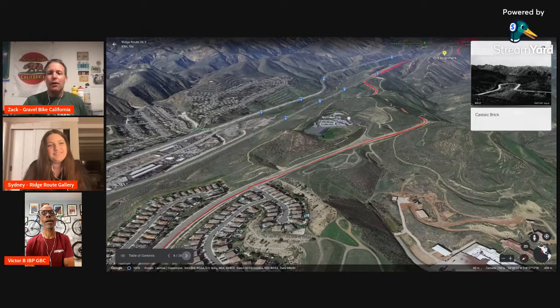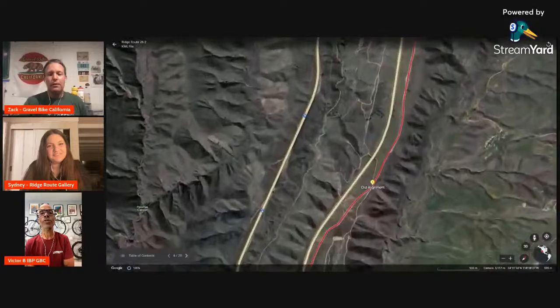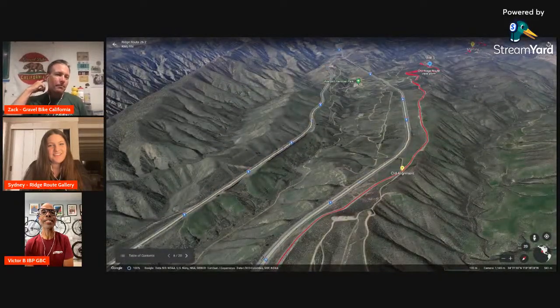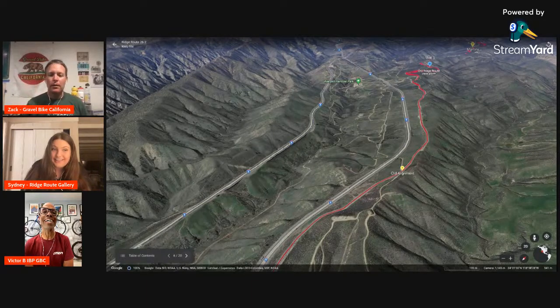Go ahead. Quick question about the original construction, because I always kid that it was built with donkeys and dynamite. Roughly, how far off am I? So no dynamite was used, but it was built